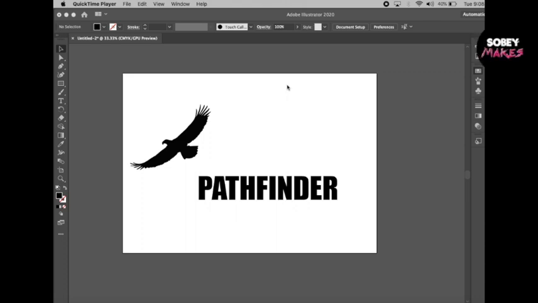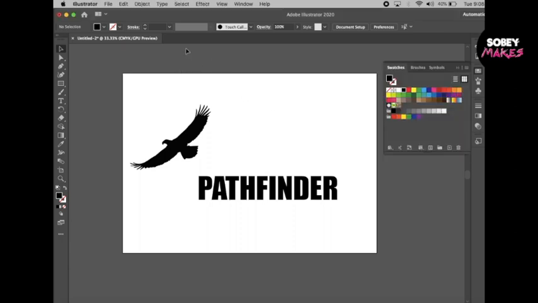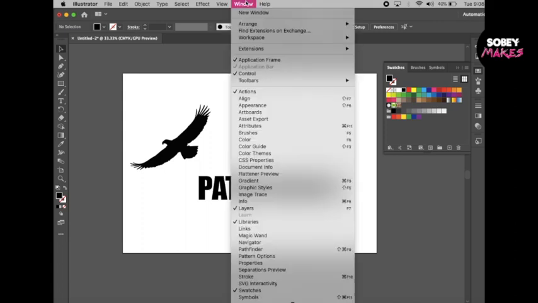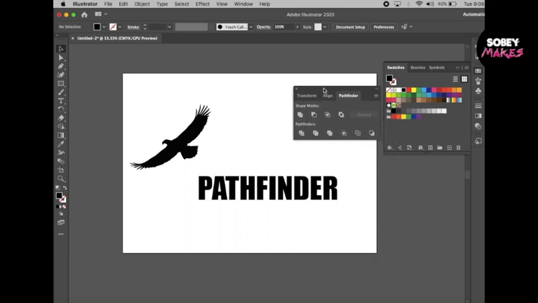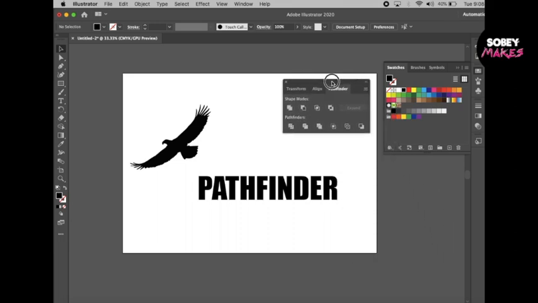What I'd show you today is an example of how to use the Pathfinder tool, or just some basic uses for the Pathfinder tool in Adobe Illustrator. And first of all, to open it up, you go to Window and down to Pathfinder, and here it is. Now, the Pathfinder tool, I guess the best way to describe it is it's a good